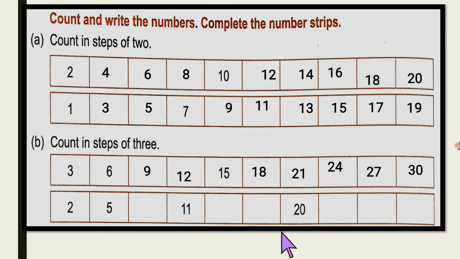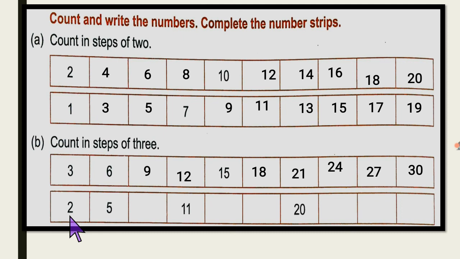Now we are going to see the next example also. Here we count in step 3 forward. Here the number starts from the number 2. Okay, you can see, it started from the number 2. After 2, when we count forward the 3 step, we get the number 5. Okay, 3, 4, 5. 5 is in 3 step. So here we get the number 5.